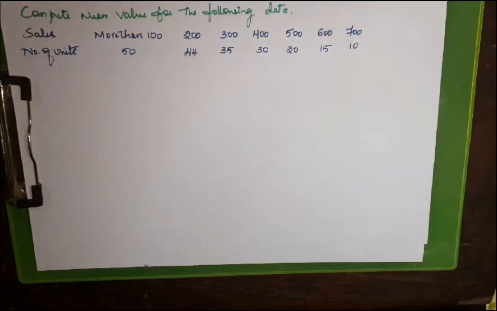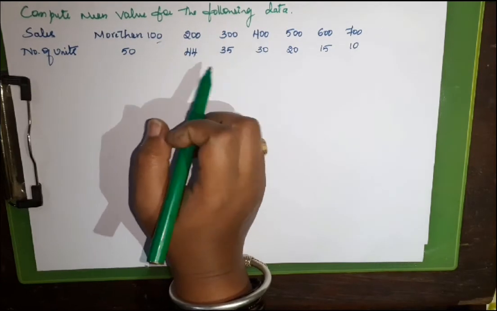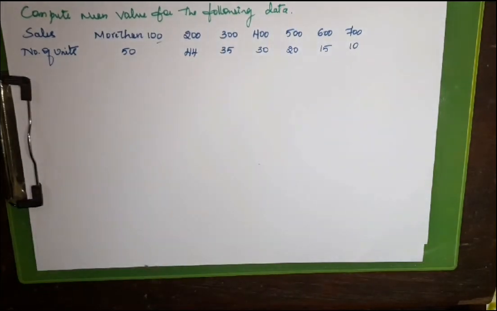Well, we'll now take the next question, that is continuous series under closed-ended classes. See, in the last sum they have given below. So here in the sum they have given more than 100, 200, like that. See, if they are using the word more than or above, then it consists of closed-ended classes. They are going to give the information about the lower limit. We have to find the upper limit. That is more than 100 here they have given.